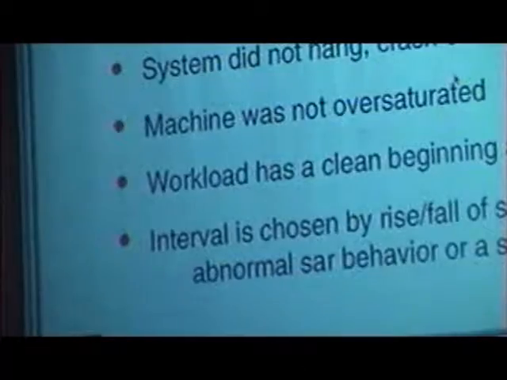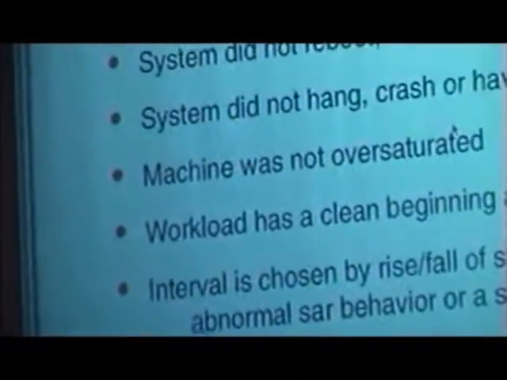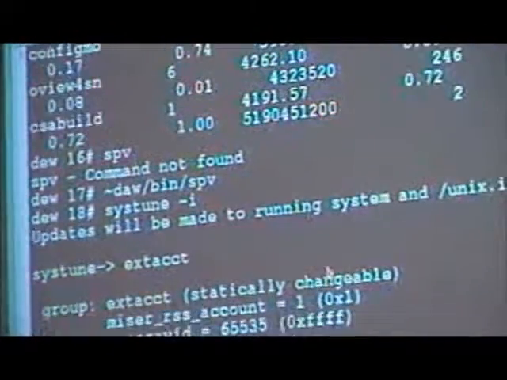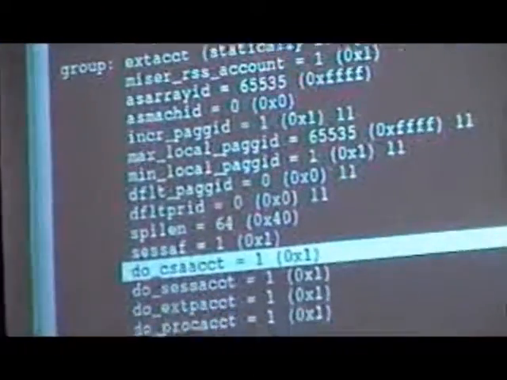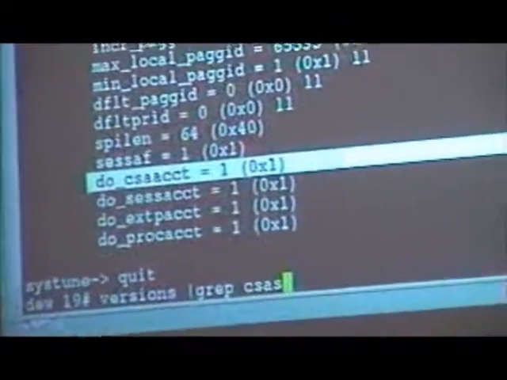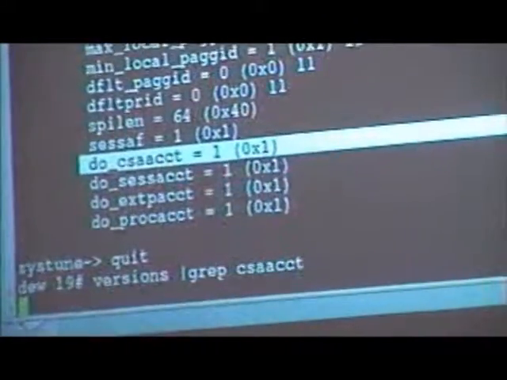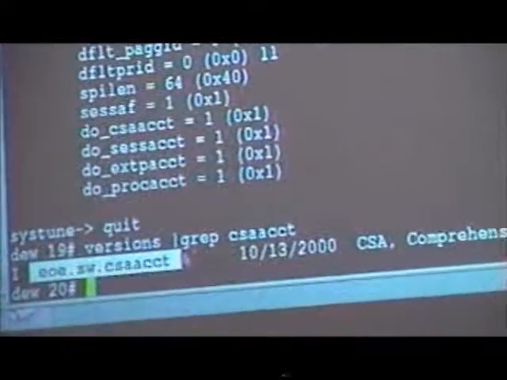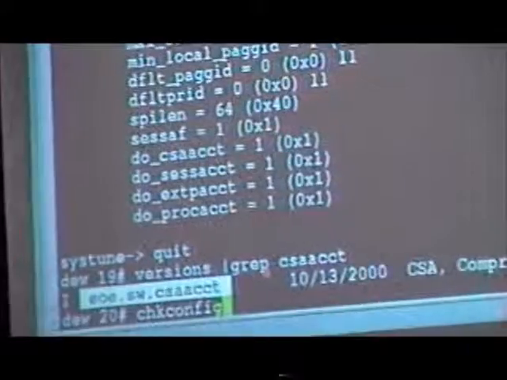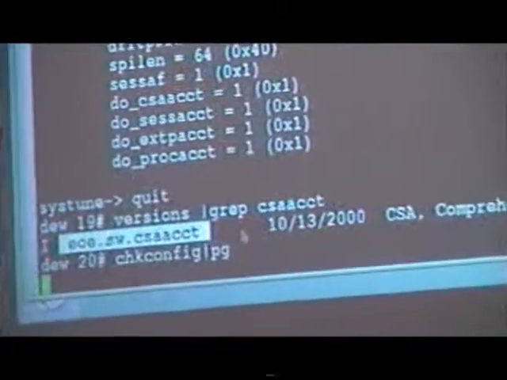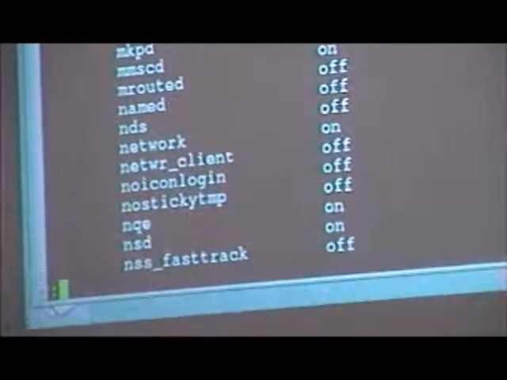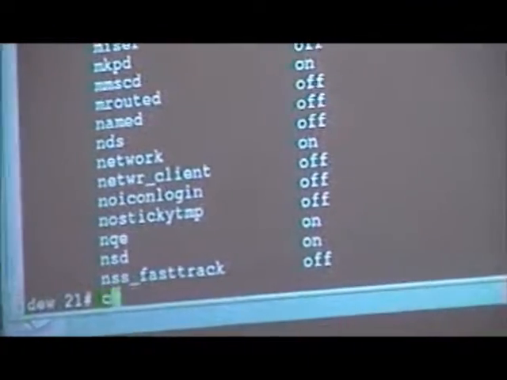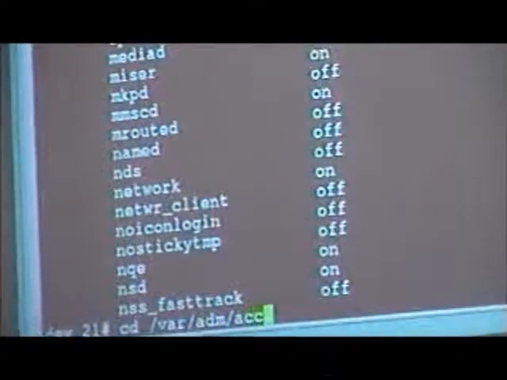So once I've got the data going, I've got to decide on an interval to pick. Now we've already got the data installed and everything. I guess the last piece was the CSA package. So I did a versions grep for CSA ACCT. So it's just like the others. I do have that package loaded. Check config shows that it's on. And then when I go into var ADM ACCT